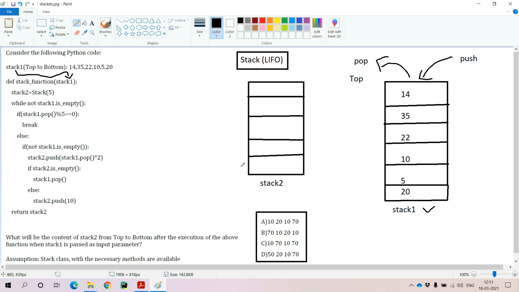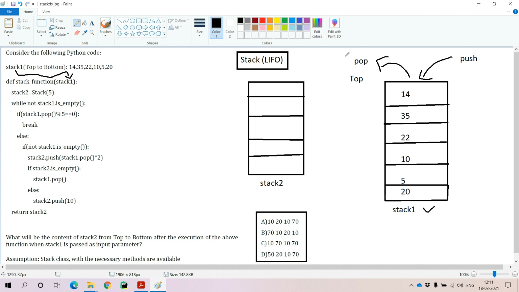Here the most important point to consider is that a stack always follows the LIFO principle. LIFO means the element which is inserted last will be deleted first: last in, first out. So whatever element we insert last will be deleted first.